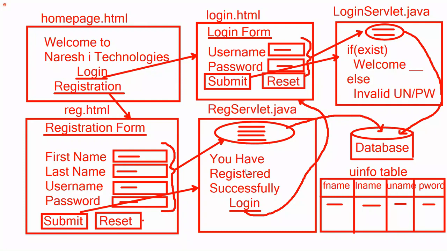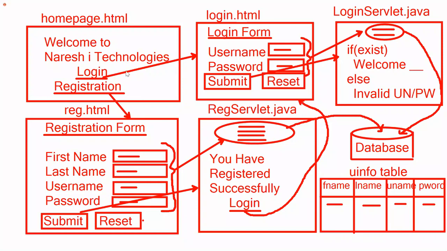What this program will do is receive your data, whatever you enter: first name, last name, address, mobile number, mail ID, username, password, all received. The received data is stored in the database in this table, the user information table. This data is stored in the database. After that, one message: you have registered successfully. After that, one login hyperlink. When you click on the login hyperlink,